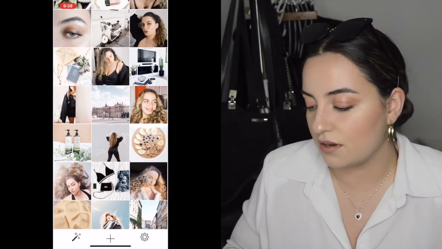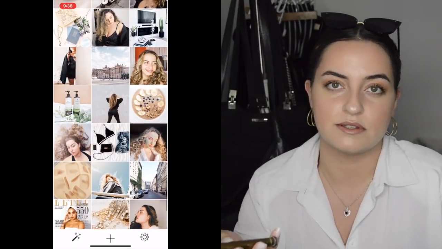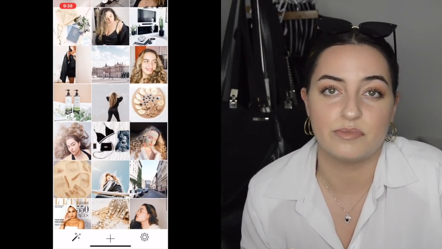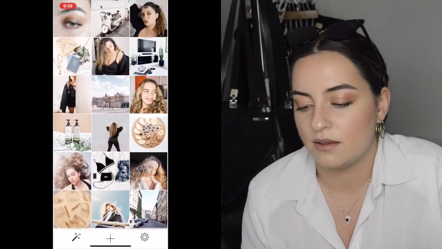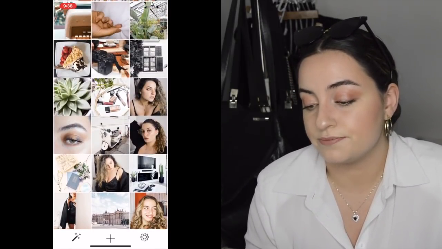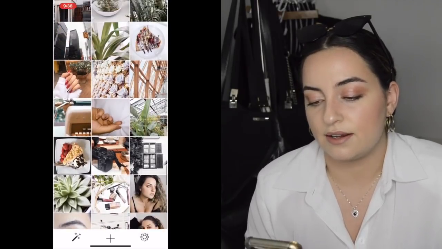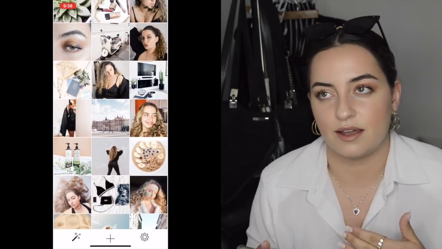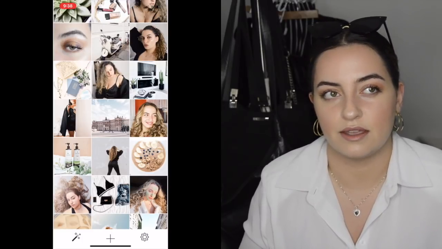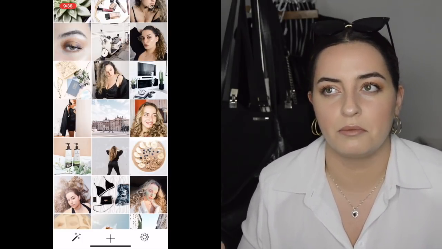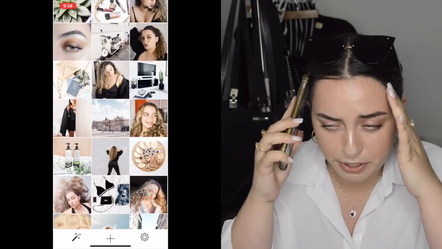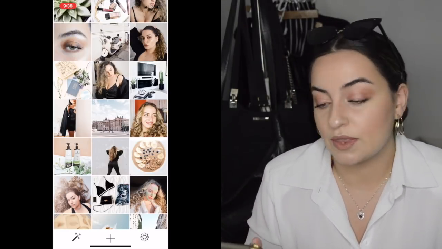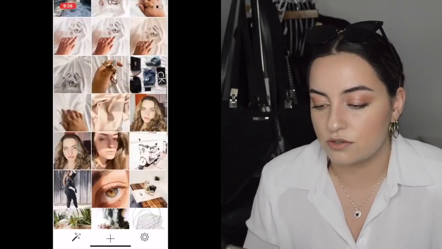And yeah, I do a lot of portrait photography, but since quarantine happened, I haven't really been able to take pictures of other people, so I've decided to build my presence a little more online. And yeah, so these are my pictures. This looks like a lot. There's a lot of pictures here I haven't posted yet, but it's nice that you can take your pictures in advance and plan them out so you're not overwhelmed later, like, oh my god, how will this picture look if I post it and it doesn't match and the colors aren't the right way. So yeah, the cool thing about any picture you put into this app